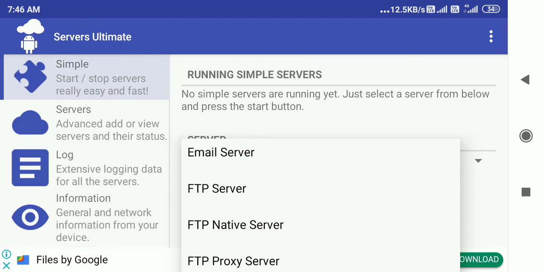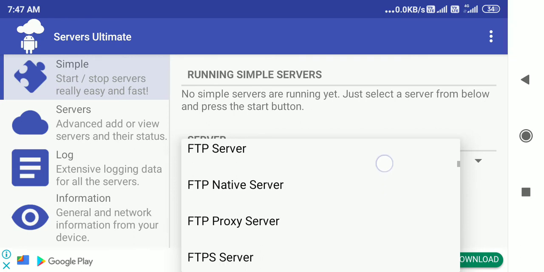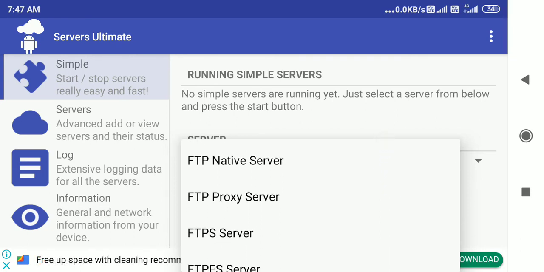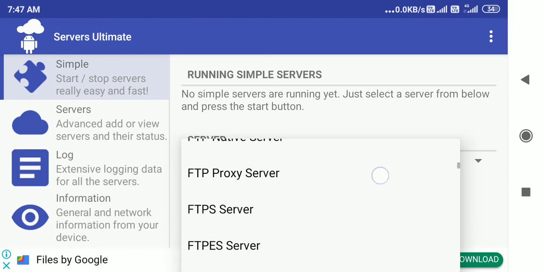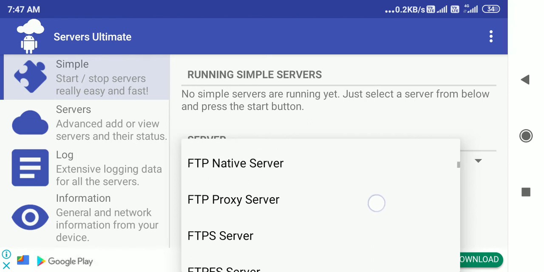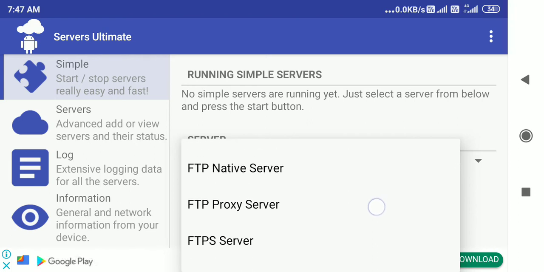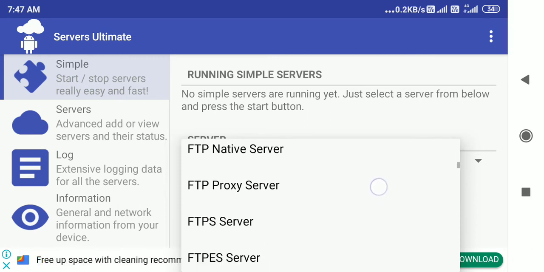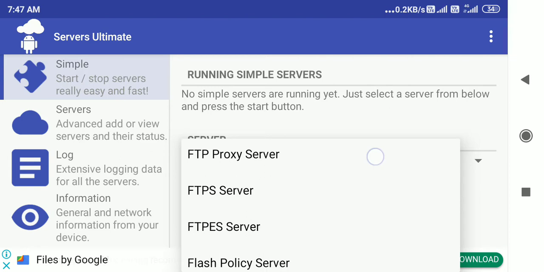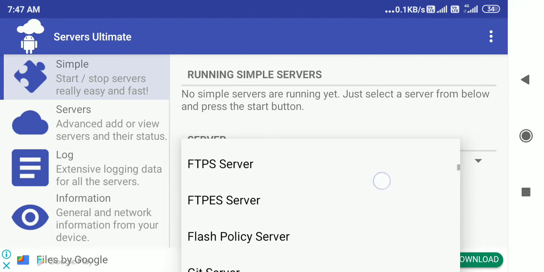Now we saw FTP server also, file transfer. So if you want to transfer one file to another, then we saw FTP server, then FTP native and FTP proxy. So we know what a proxy is. If you want to get an FTP through a proxy server, it goes to one site, and from that site it goes to another site and then gets everything. That is the proxy server. Proxy is usually used for things you don't want to do directly.